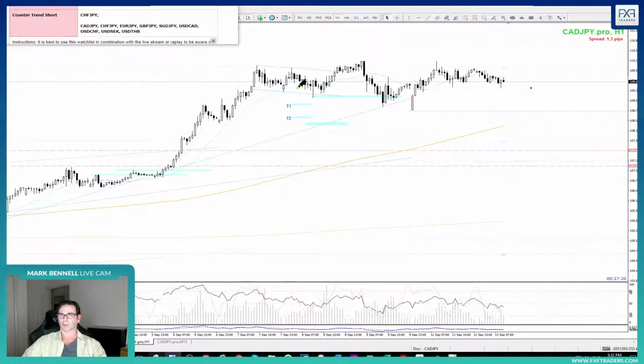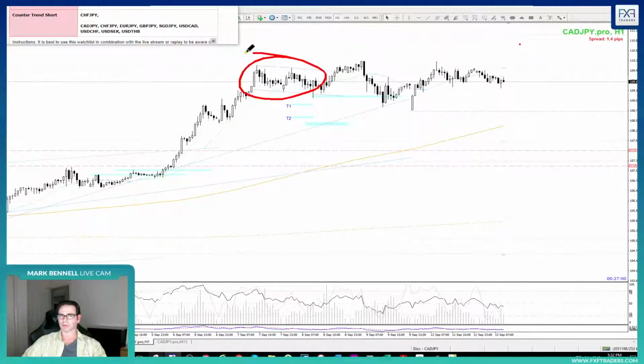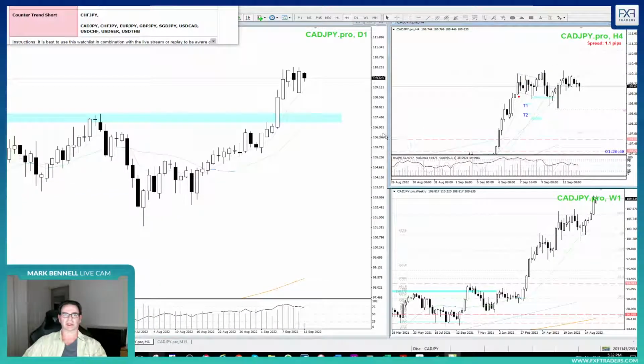It's really not looking like it's going to roll, is it? No, this is looking like a complex pullback. See, I've marked it out. So when you get that look as well, just be careful. You can see, look, it's just fiddled around and gone nowhere. All right, so it's the importance of waiting for that setup.